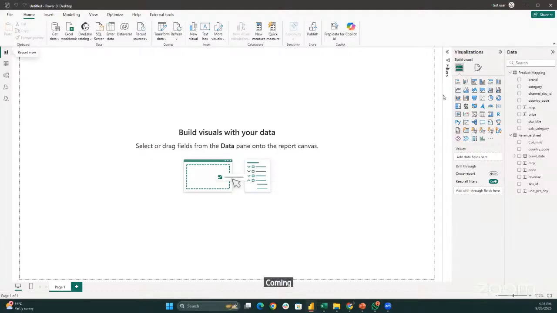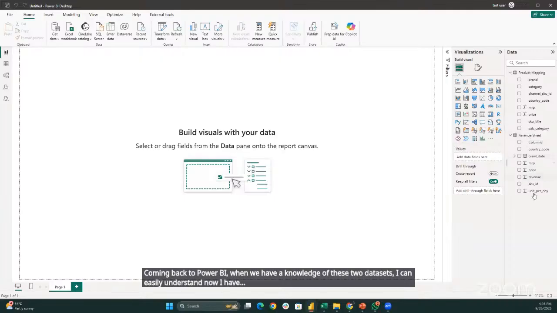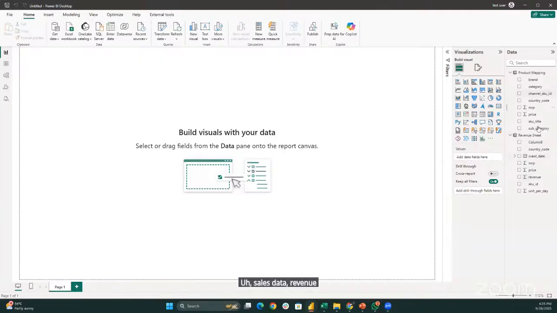Coming back to Power BI, now that we have knowledge of these two data sets, I can easily understand that I have a sales data revenue sheet here and a product mapping sheet here. Now, if I want to clean this data further, the question which was asked multiple times is how I can clean this data. To clean it, we have to go to another module in Power BI, which is called